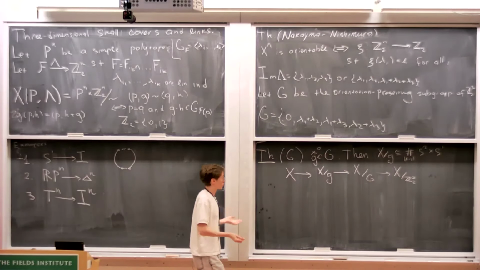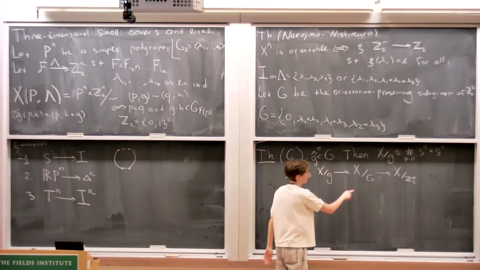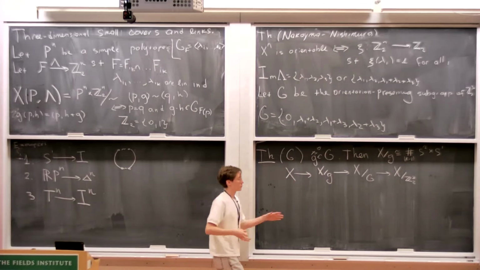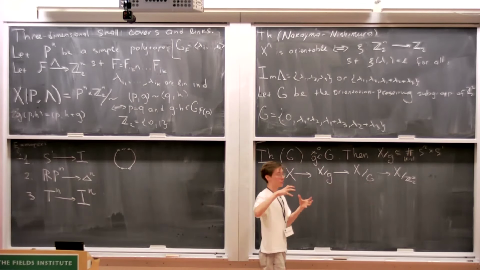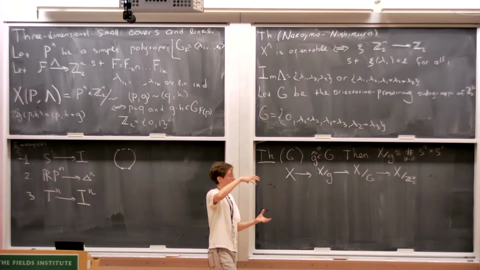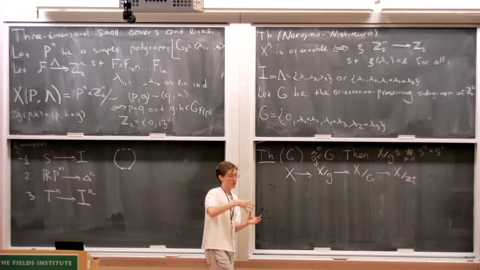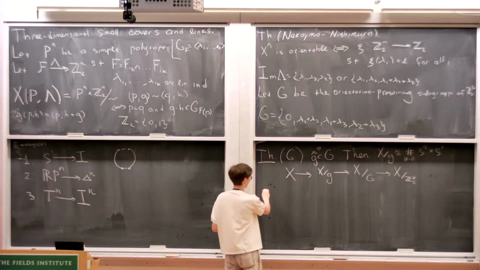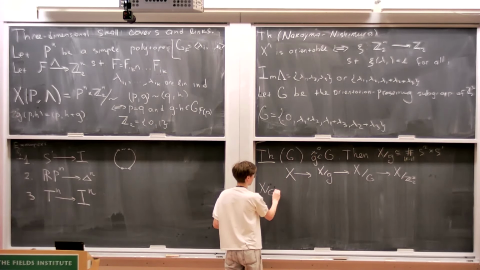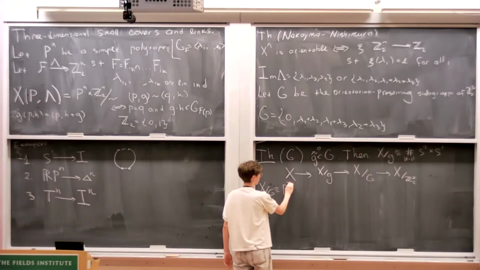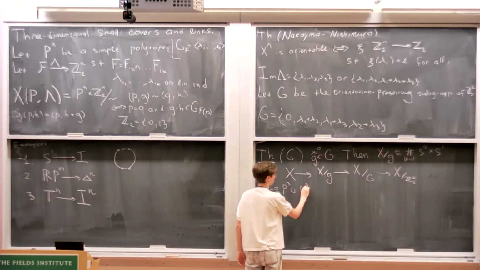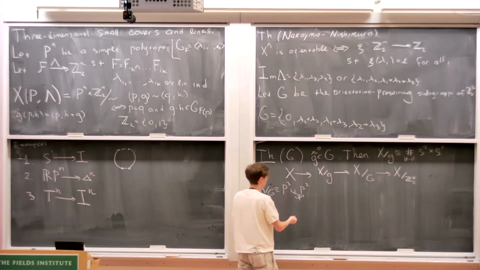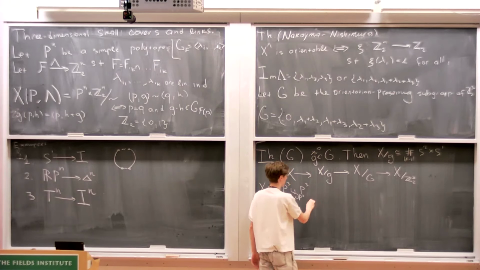And it's not hard to show that this space is actually a three-sphere, and we get this three-sphere as two copies of this simple polytope glued along the boundary. So you have two two-dimensional polytopes, and you glue them along the boundary, and you get a three-dimensional sphere. Therefore, X_G is homeomorphic to two copies of P3 glued along the boundary. So therefore, we can rewrite the sequence as following: